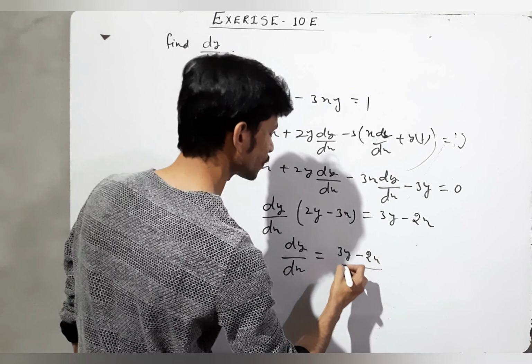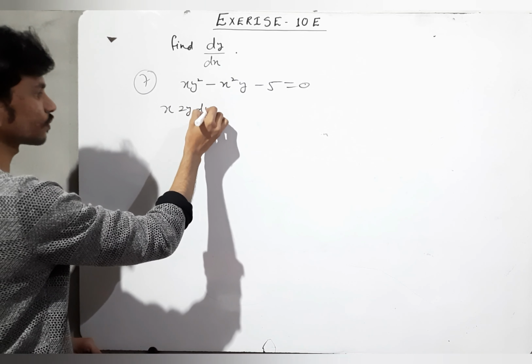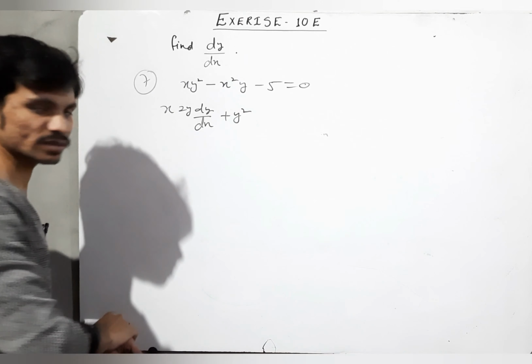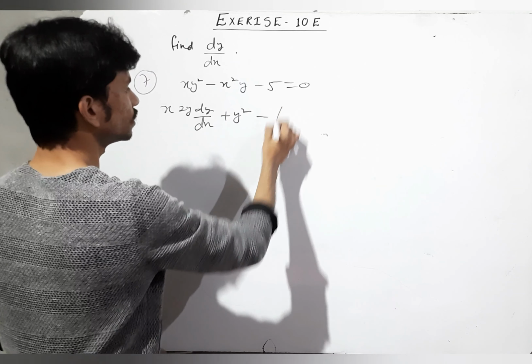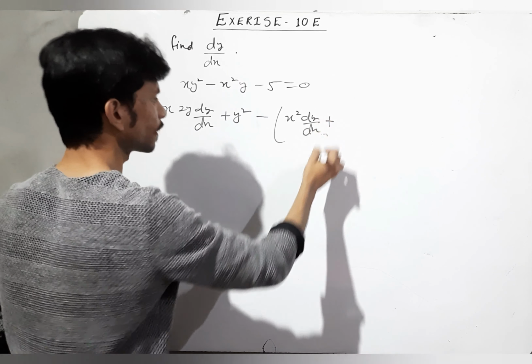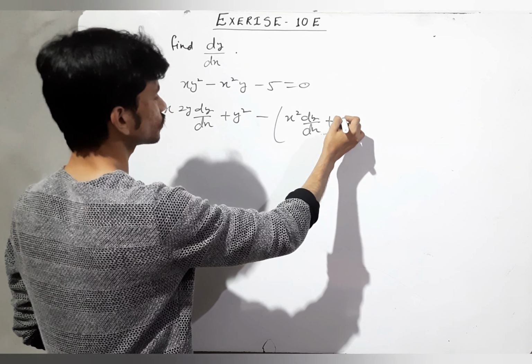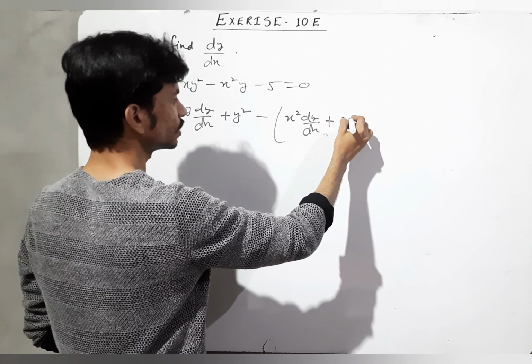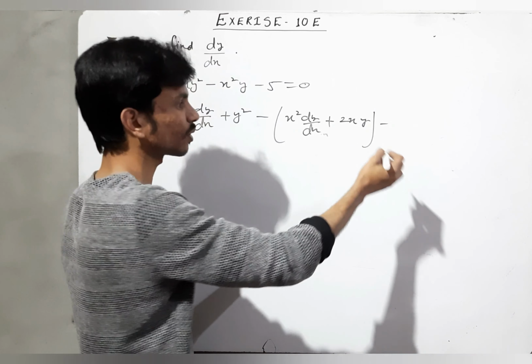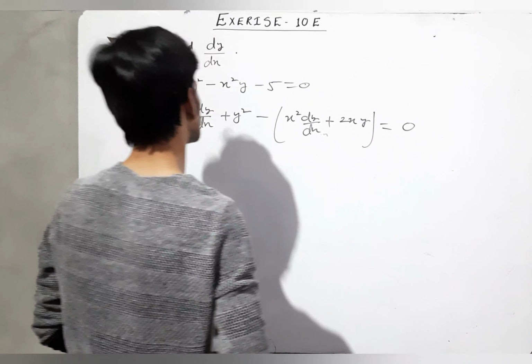So the differentiation of the product of the functions: x is the same, y square gives me 2y dy over dx, plus now y square is the same, x is 1. Again x square is the same, y is dy over dx, plus now y is the same, and x square gives me 2x. Okay, and minus 5 is just 0, so I am not writing that 0, and this is also 0.